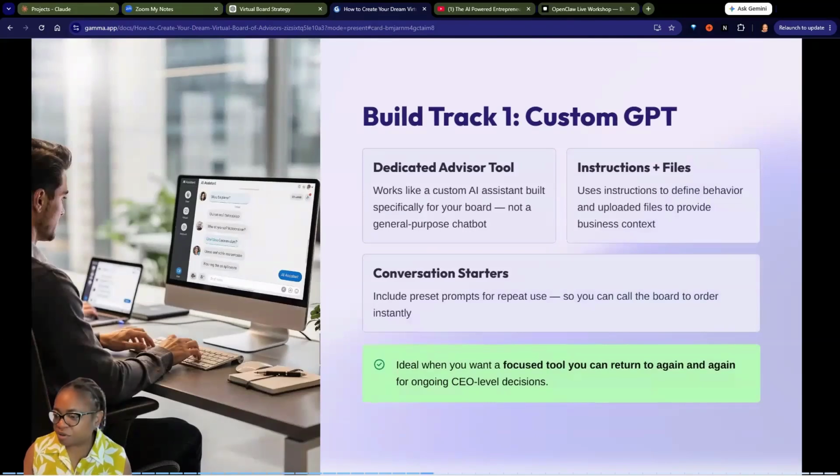So here we are on the build track. Now we're talking about building. We're going to start with a custom GPT. And most of you, is there anyone who does not know what a custom GPT is right now? Let me know in the chat. Okay, cool. Katrina, a custom GPT is,